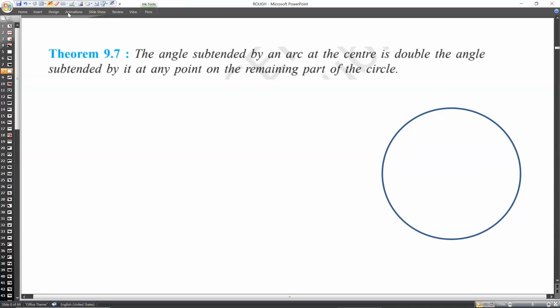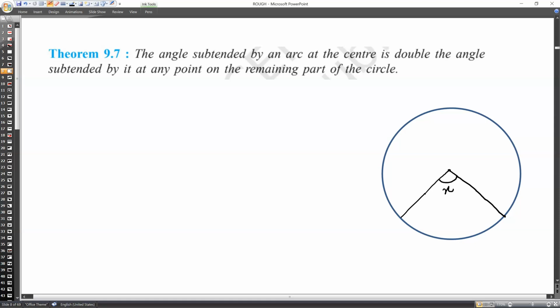Okay, here we have a circle in front of your screen, and what it is saying here is that the angle subtended, if you are just having a chord and you are making an angle at the center, then it is double the angle formed at the circumference. So if I'm having this chord like this, and this is an arc,